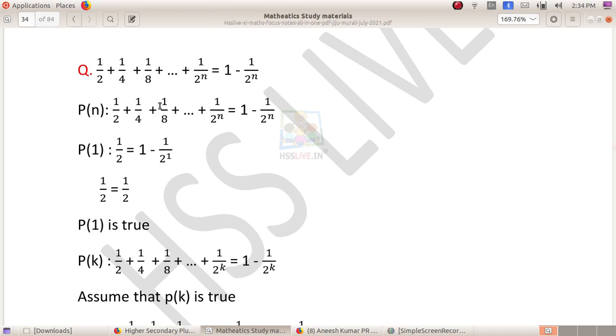That step is avoided here, so we can skip it. Firstly we are taking n = 1, and that is enough. There is no need of taking n = 2. But if you like, you can write what happens when n = 2. So in this text, proving for n = 2 is skipped. There is no problem, but if you want, you can add it.